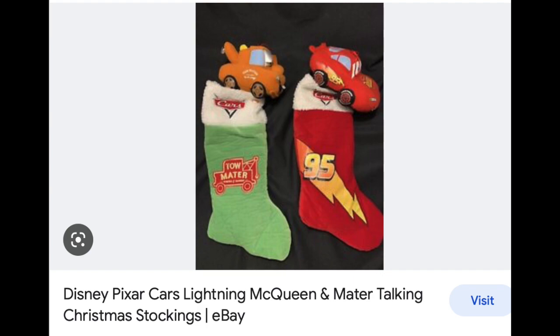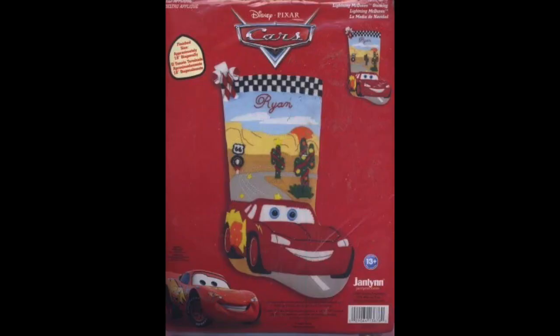Let me know what you think they said down in the comments, because I don't know, because that eBay post was deleted, and I couldn't find any information on these, other than one other image. Yikes. If none of those stockings interested you, why not take matters into your own hands and create your own